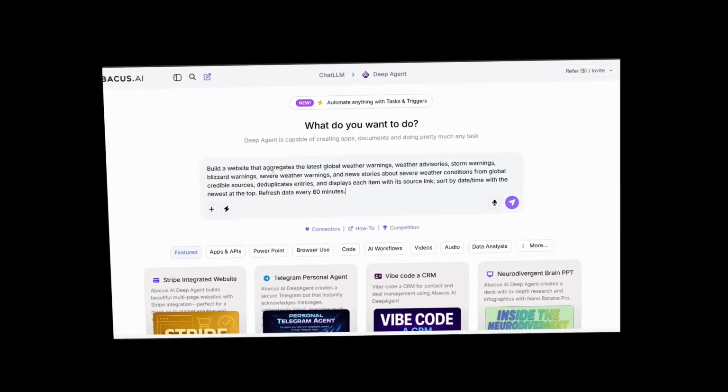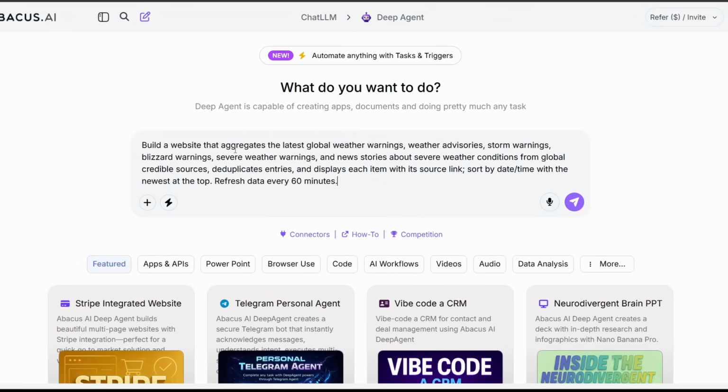Absolutely amazing. Okay, because I'm British, then of course I'm a bit obsessed about the weather. We have sayings in British English, like it's raining cats and dogs and all this kind of stuff. We have a whole lot of vocabulary based around weather. So why not build a weather related website,